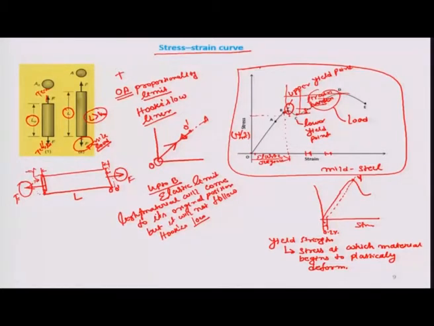what happens? The shape of the bar starts changing like that. You can say that necking takes place. Necking formation starts from point D, and this point is called the ultimate tensile strength. It can be defined as the maximum strength of any material up to which the material can sustain its shape in plastic deformation. Okay.